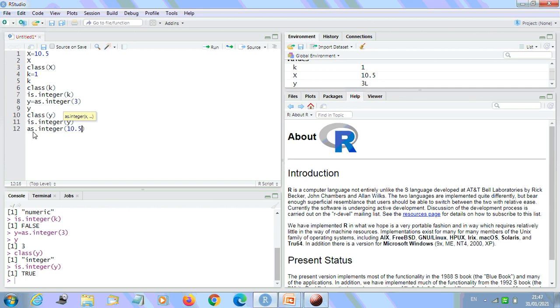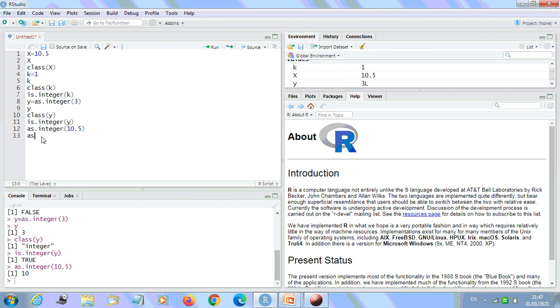Let's see what happens. I'm going to get 10. See? So it becomes an integer, and we can pass a string for a decimal value in much the same way.